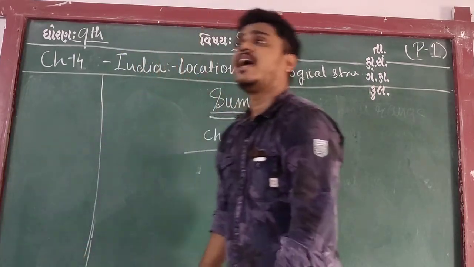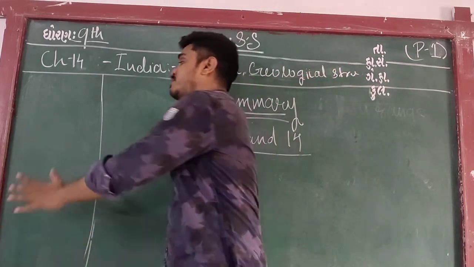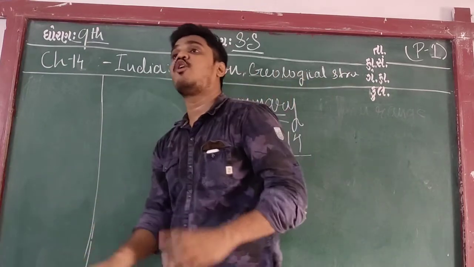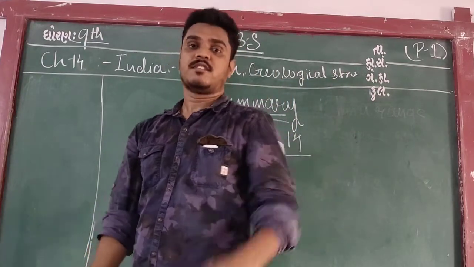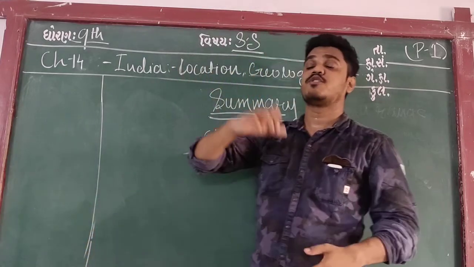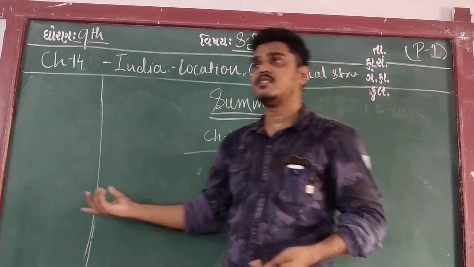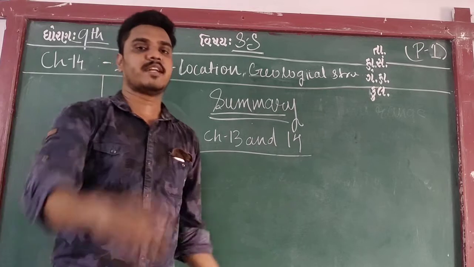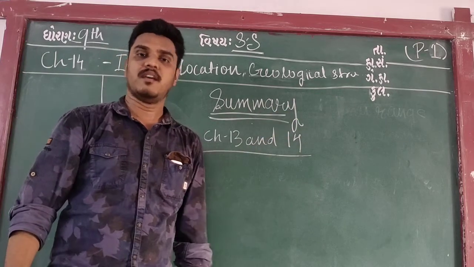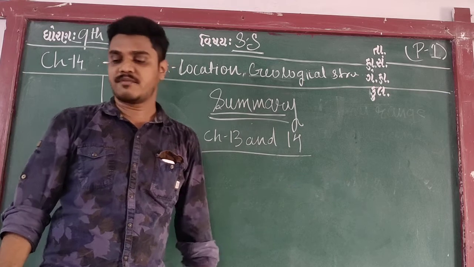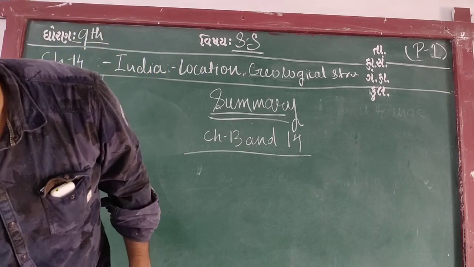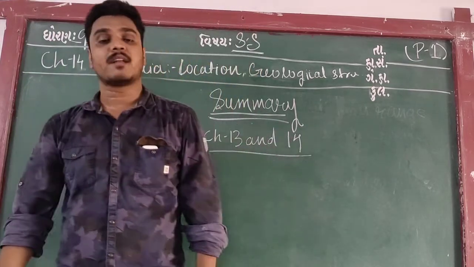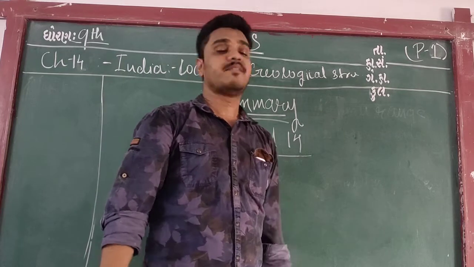In the northern mountainous region, I explained that this region belongs to the Himalaya, and the Himalaya belongs to this region. This region is a complex of more than one mountain range; it is not just the Himalaya. The Himalaya is also divided into two parts: northern Himalaya and eastern Himalaya. So just remember the names. After that, we came across plateaus: the Peninsular Plateau, Malwa Plateau, and Deccan Plateau. These were the plateaus that we discussed.